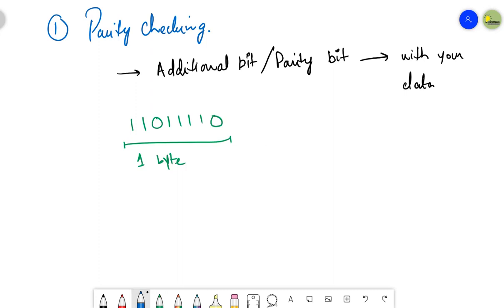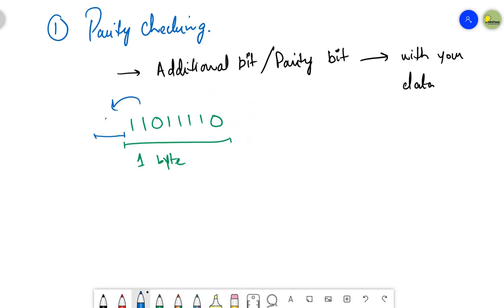Let's suppose you can assign this bit at the beginning of the data or at the end of the data. There are two positions to add this parity bit in your data. Either you can add the parity bit at the start of the data or at the end of the data, right? There are two options for you. Let's suppose I am going to add a parity bit at the start of the data, right?